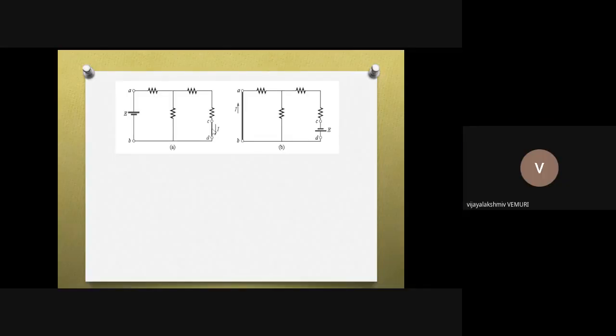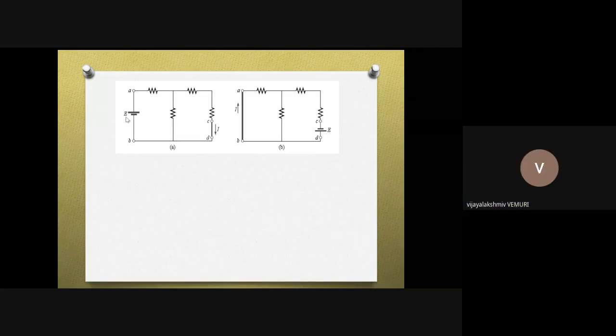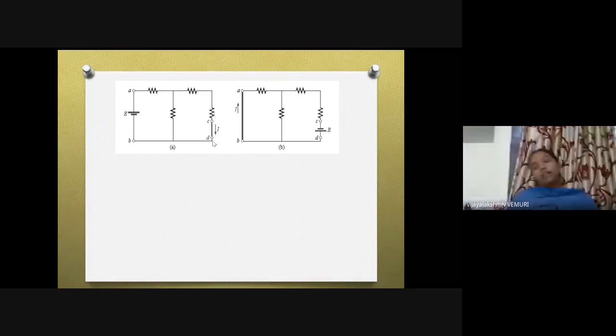So these are the terminals of AB, which are replaced here. In both the circuits, the ratio of this voltage to this current should equal the ratio of this voltage to this current. Mind you, this E value will remain constant. For example, if you apply 10 volts here, here also 10 volts will be applied. If it is 5 volts here, here also 5 volts will be applied. That means when we take the ratio in this direction and in this direction, if both are equal, then we say that the reciprocity theorem is verified.